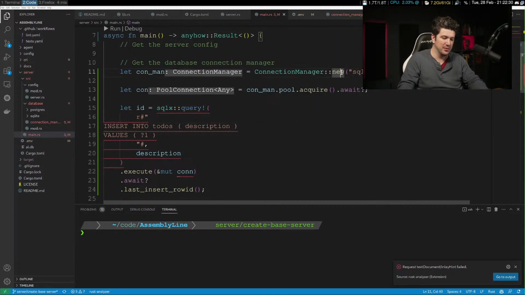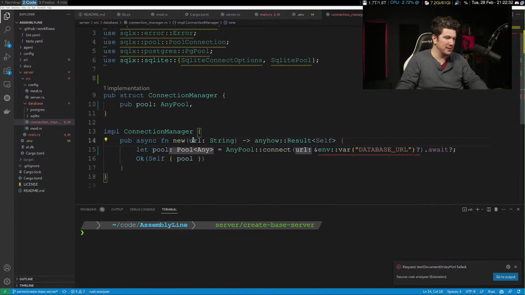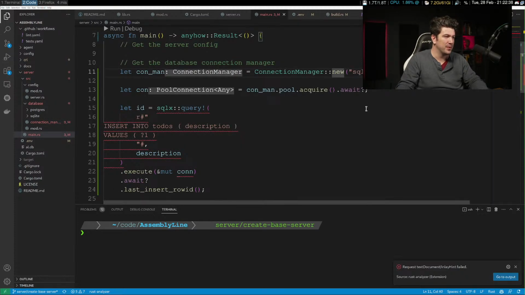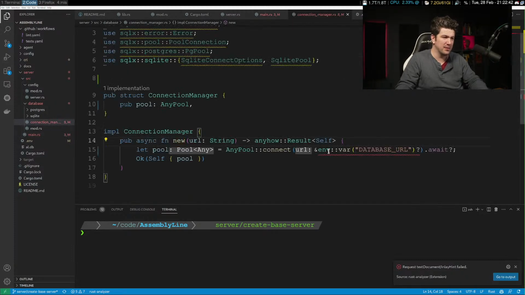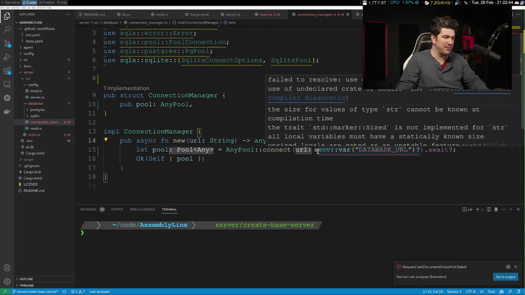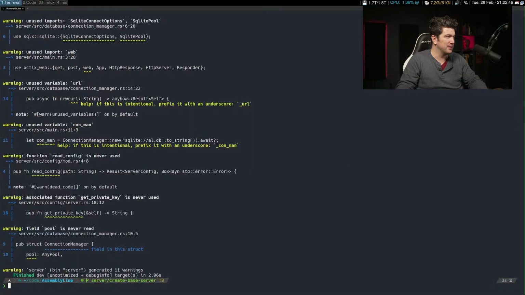Also, this is cool. We're just ignoring what we pass in here. Also, is it actually erroring here? Is this actually an error? I feel like it's not actually an error.